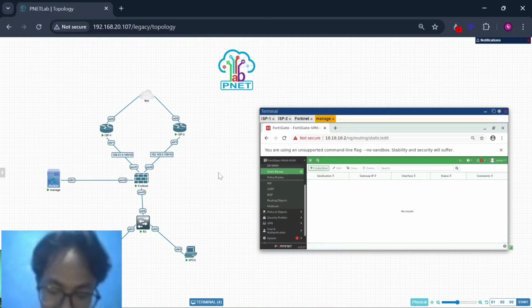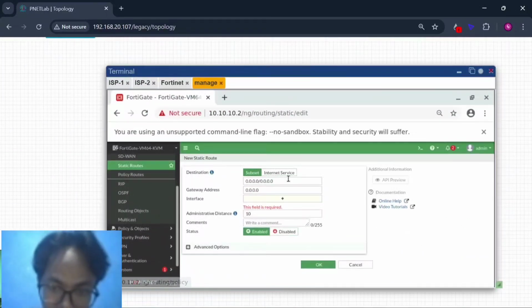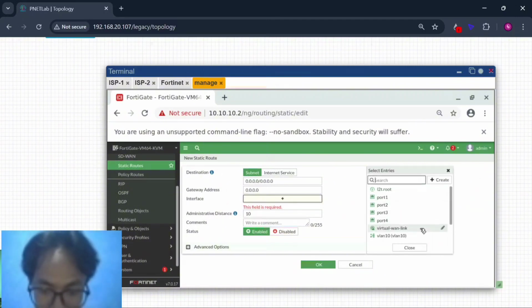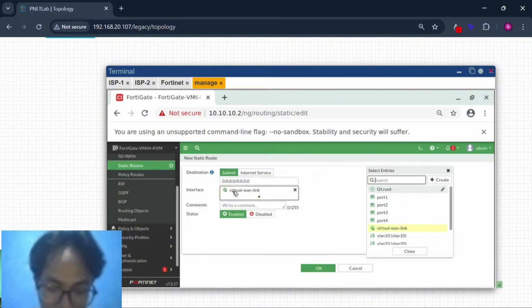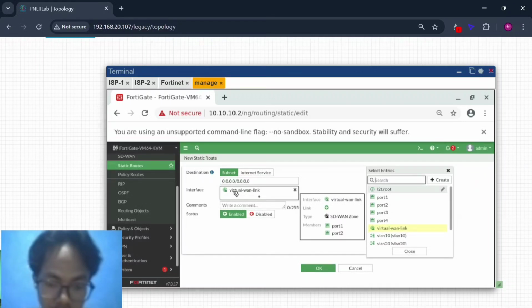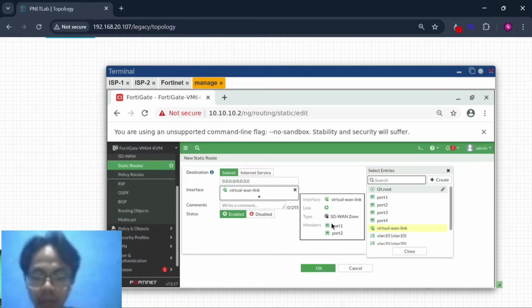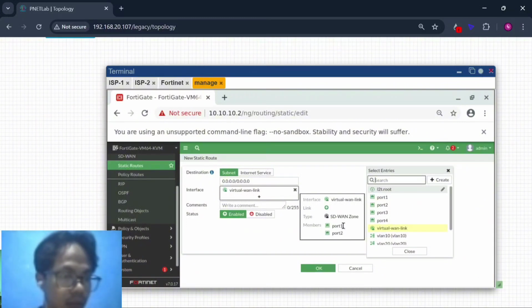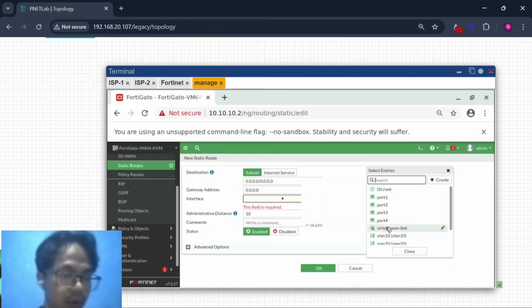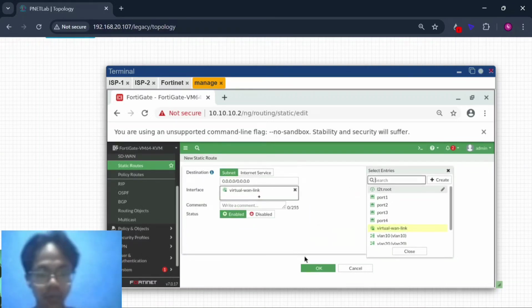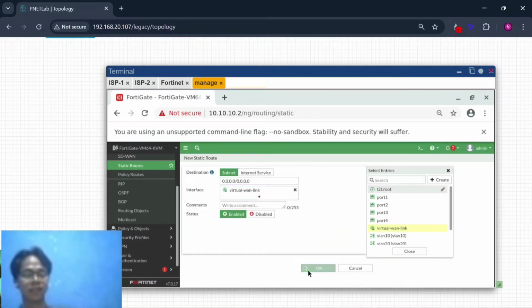Create new. This is interface virtual WAN link, because inside this interface are port 1 and port 2. You can see the members here, port 1 and port 2, so this virtual WAN link will be the interface of the static route, and okay.